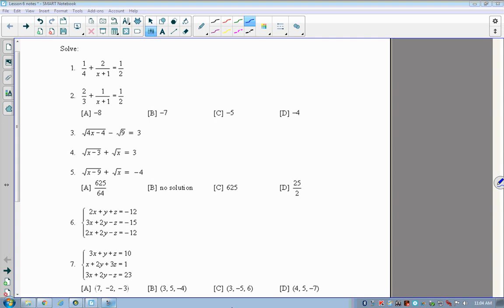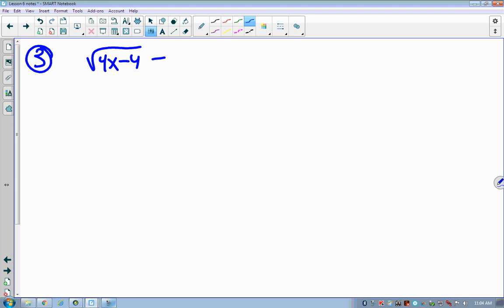Does everybody have this page? I'm going to go ahead and flip over to somewhere that's going to give me a little bit more room to work. So we have the square root. This is question number 3, in case you're watching a video and you want to get there. All right, we've got radical 4x minus 4 minus square root of 9